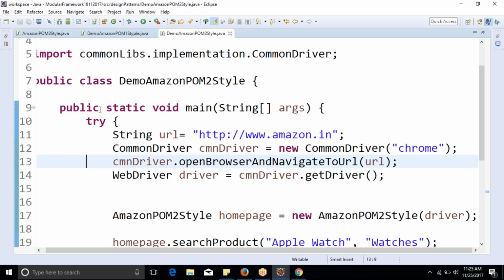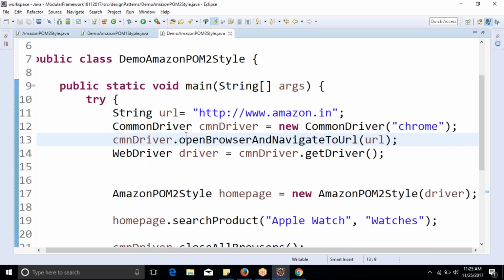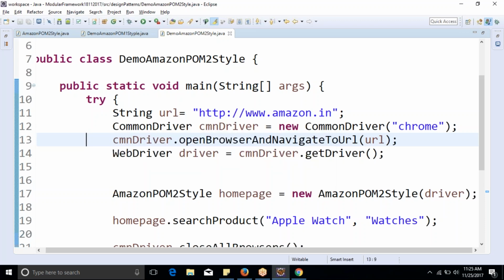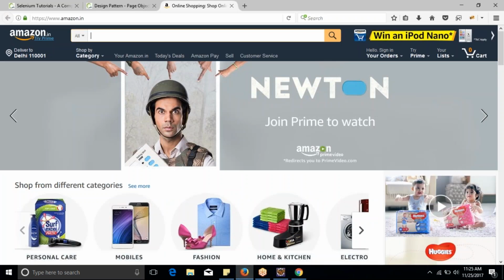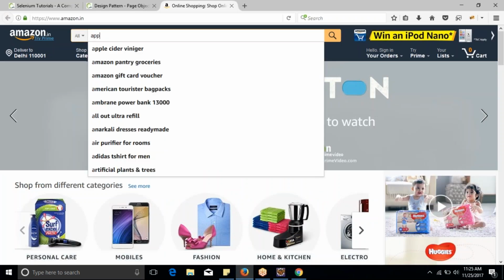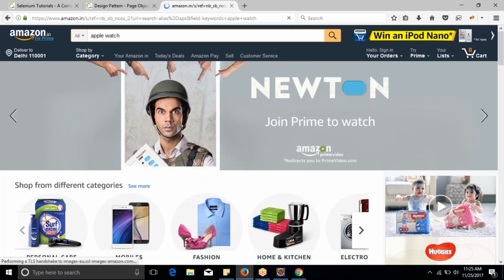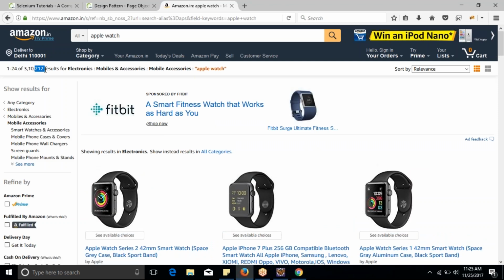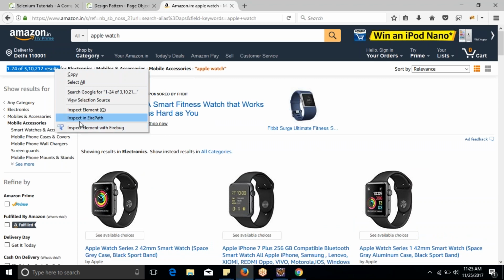So these are two design patterns which are quite similar to each other, but there is one problem with both of these design patterns, especially when we are working with some dynamic website. I'll give you one example. If I search for any product here, let's say I'm searching for Apple Watch, and I get the result. These are the results which we are getting. If I check its HTML code,